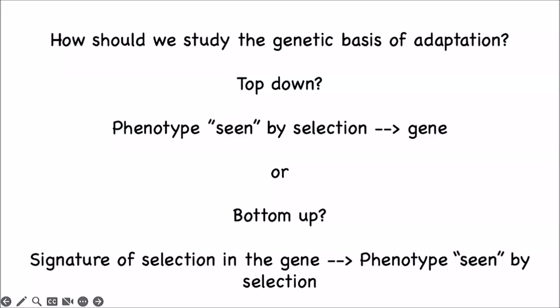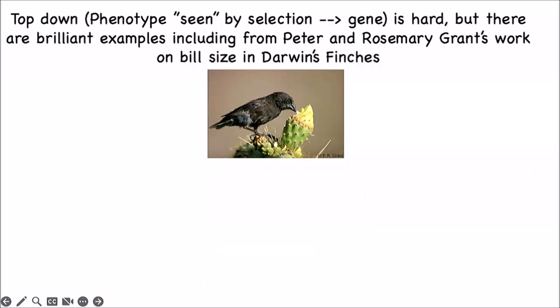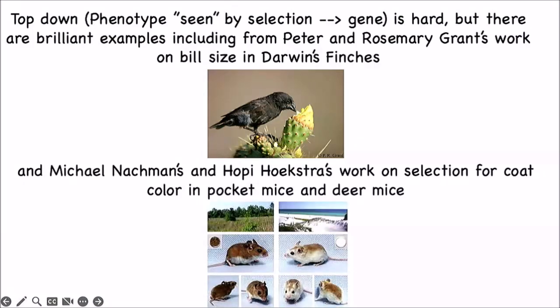Now, there's a lot of good examples of these two approaches. Certainly, for the top-down approach of the phenotype being seen by selection, there are particularly striking examples, visually striking, in terms of the finch, or Darwin's finch's beak, and also pigmentation in, for example, and this is just,